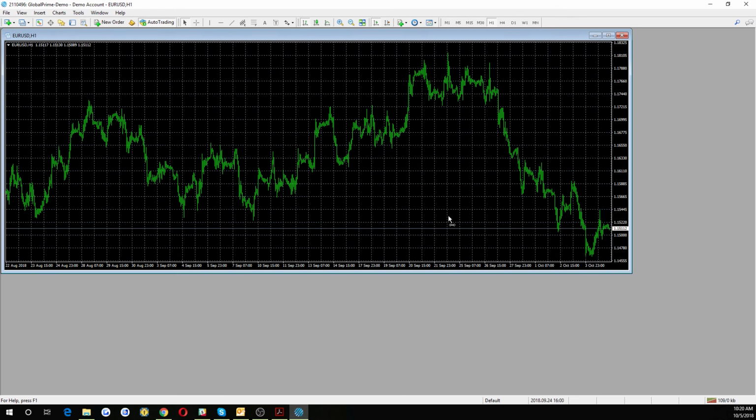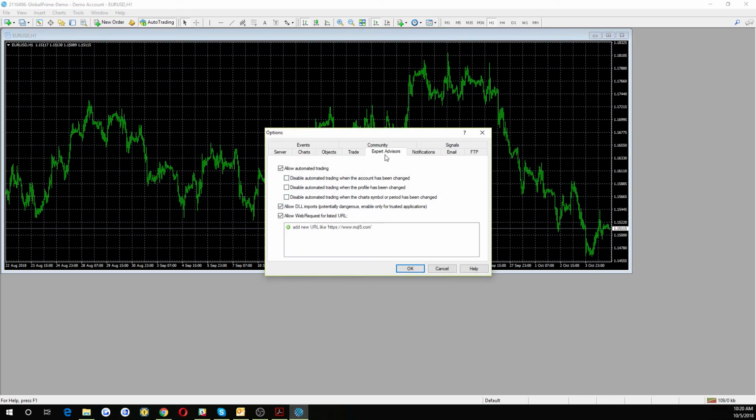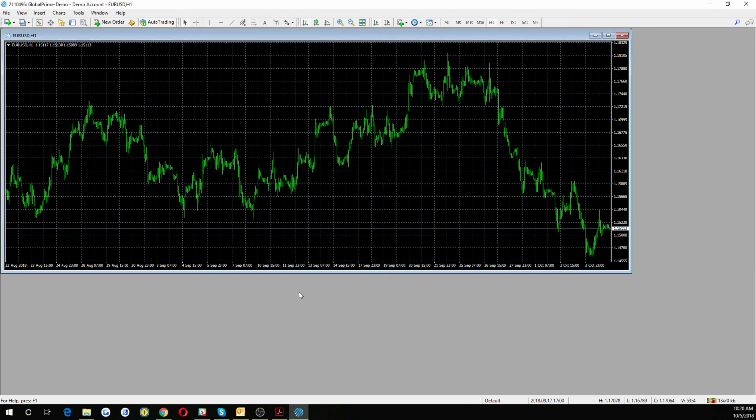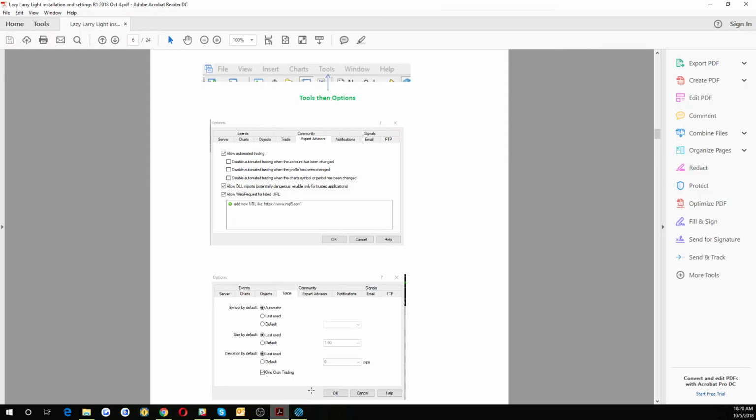So we go back, Tools, options, expert advisor. Like I say, allow automated trading so the expert advisor can open the grid for you. Allow DLL imports, so the news indicator can call a web request and then allow the web request. You don't need to fill anything else. Once you allow it, you click OK. Next step,